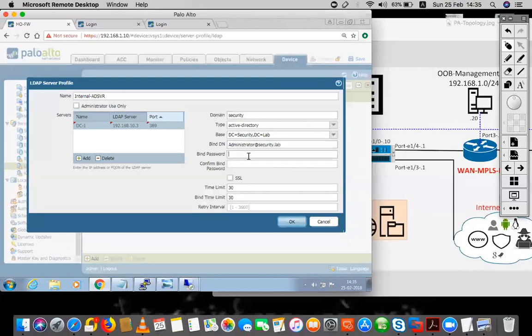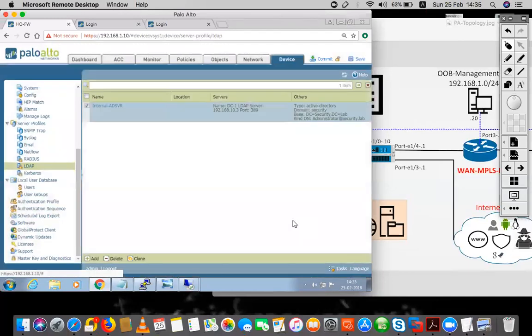Then the password would be the password for that service account. You don't have to make any changes to these timers. In case you want to tweak it, you can do it. We are not going to do it. We simply say OK,